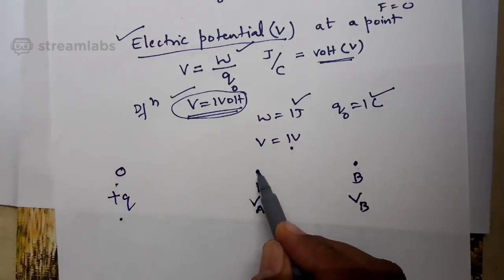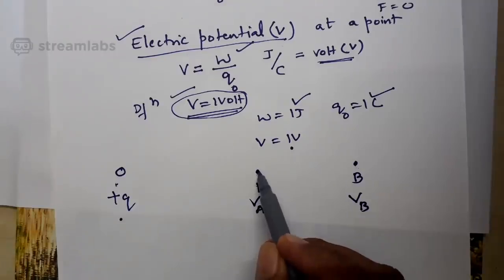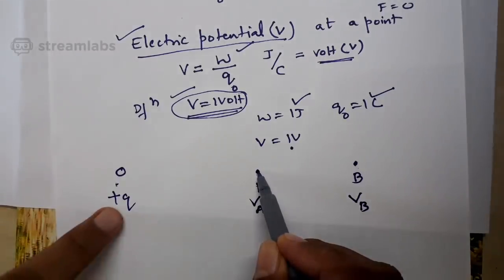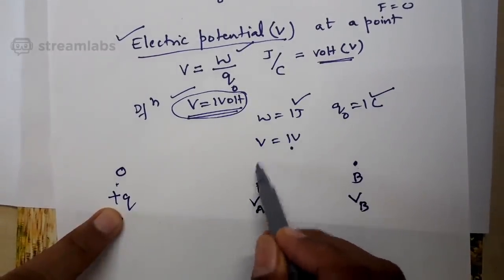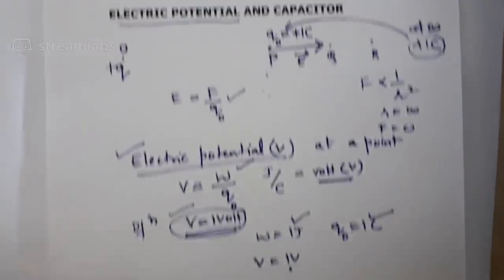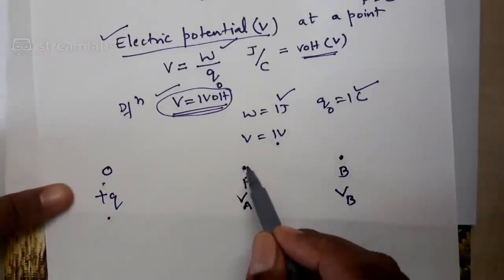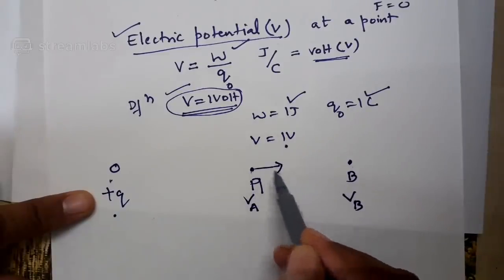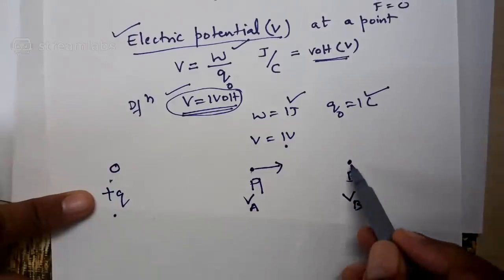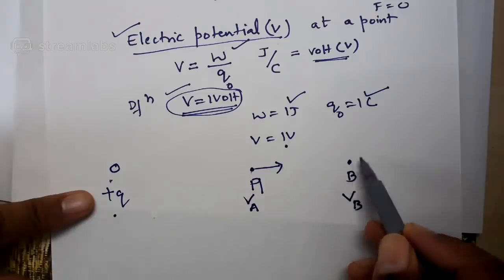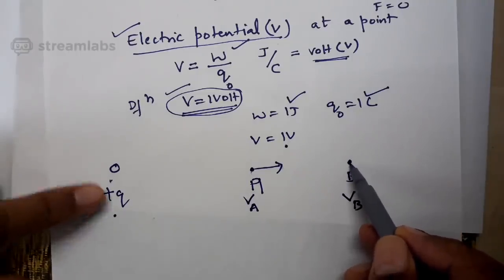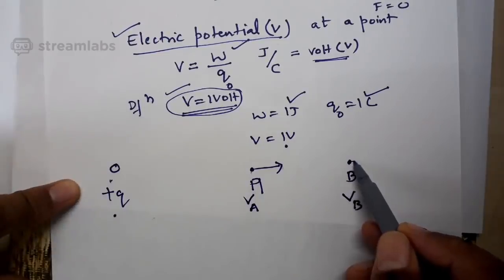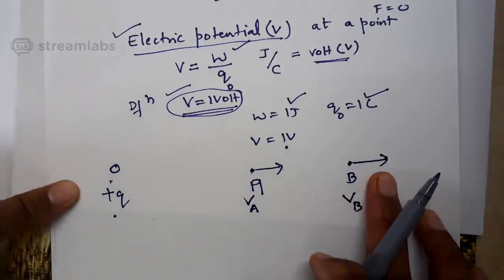If you are asked to draw the direction of electric intensity at point A due to this plus Q charge, you know I need to assume a plus 1 coulomb charge there. So the direction of electric intensity is the same as the direction of the force. If I assume a plus 1 coulomb charge there, the plus 1 coulomb charge will be repelled by the plus Q charge. So this is the direction of the force, and that itself is the direction of electric intensity. Similarly, if I ask you to draw the direction of electric intensity at B, I need to assume a test charge, that is a plus 1 coulomb charge at that point B, and the plus 1 coulomb charge will again be repelled by the plus Q charge. The direction of the force is in this direction, and that itself is the direction of electric intensity at point B.